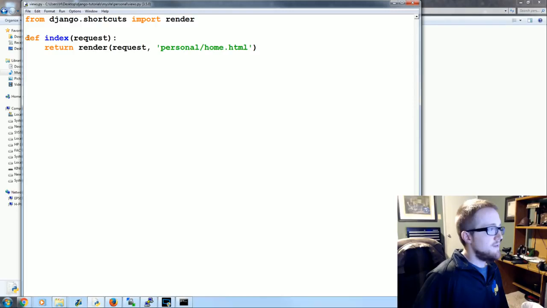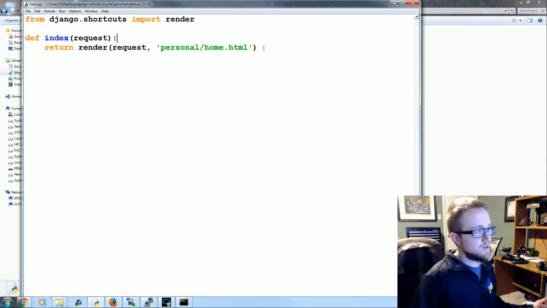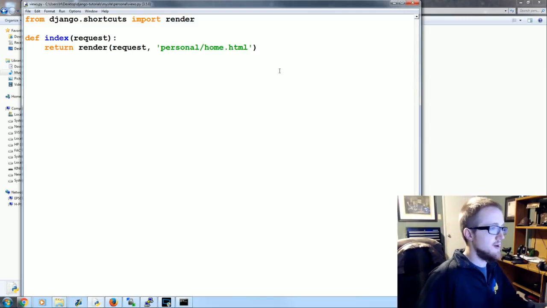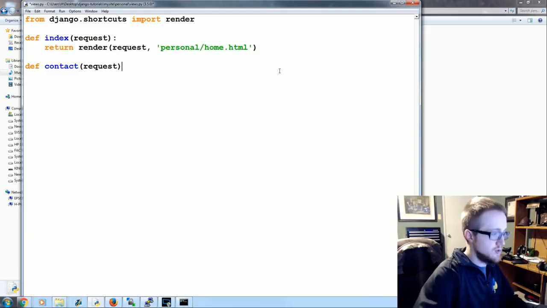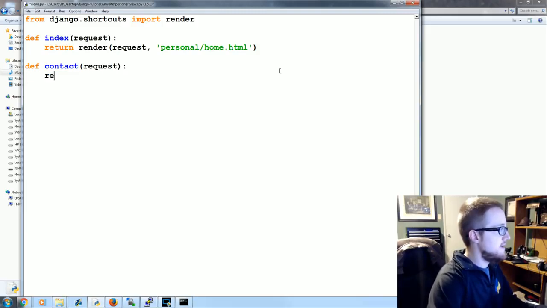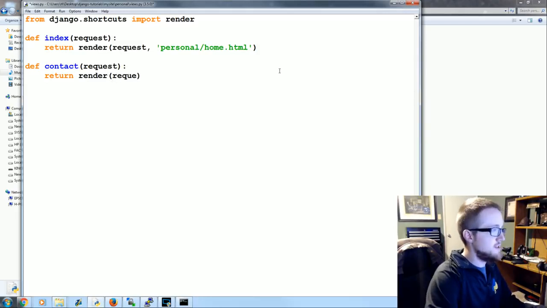And right now we have a view for the index request basically, and now what we're going to do is for a contact request. So in this case, we're going to define contact. We still pass request as usual, and then in here we're going to return render, and then we're going to return obviously the request because we have to, and then we're going to return a personal and then slash, and instead of any of these other templates that exist,